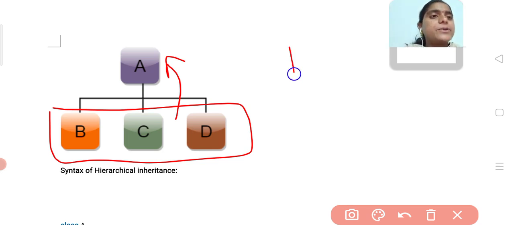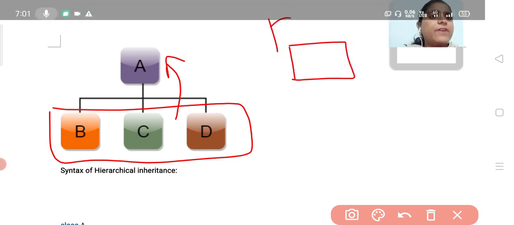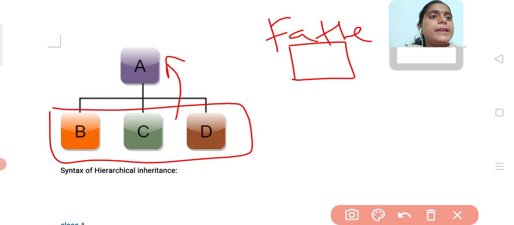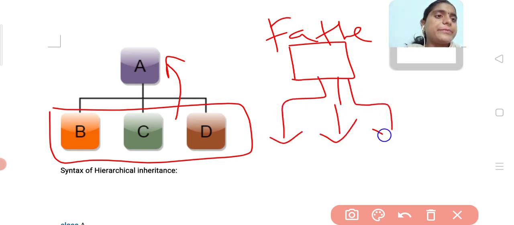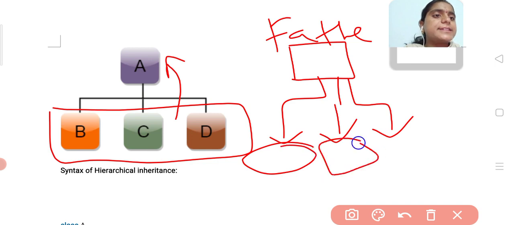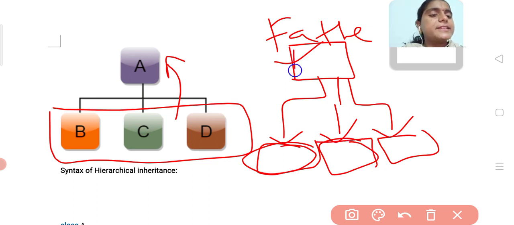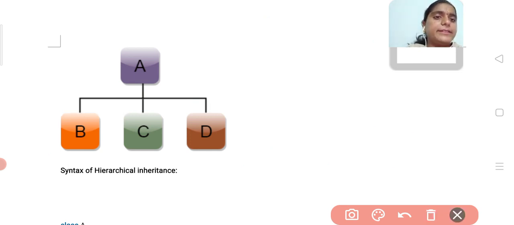For suppose one single parent, father, is there, and this father has three children, then these three children can inherit and use the properties of this father. This is the example of hierarchical inheritance.